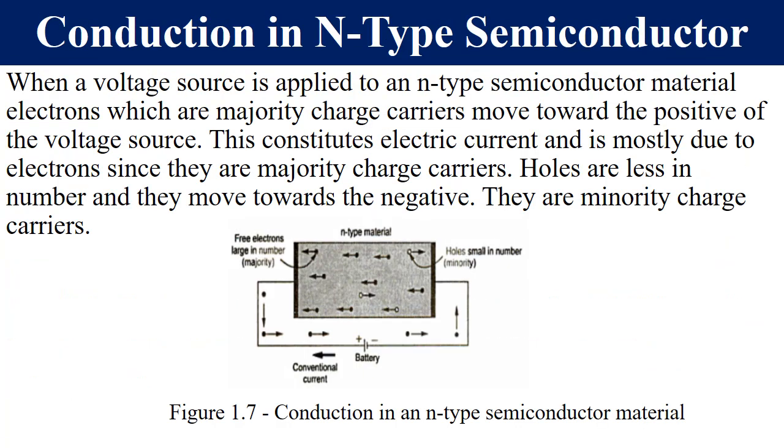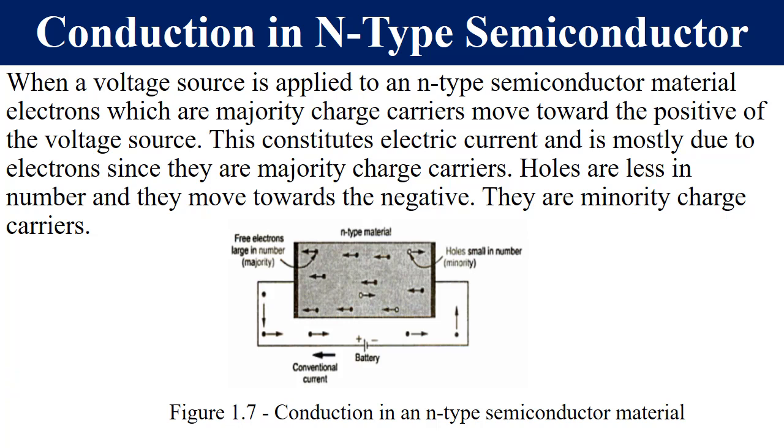Conduction in N-type semiconductor material. What are we saying? We are now applying a voltage to an N-type, and we know our majority charge carriers are electrons, but due to thermal agitation, we also have minority charge carriers as holes. These are holes. How many do we have? 1, 2, 3. So they are less than the number of majority charge carriers, which are electrons,